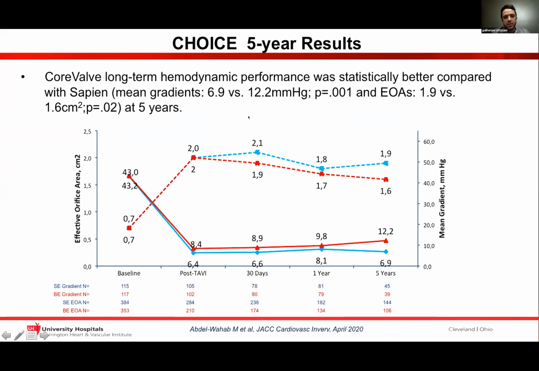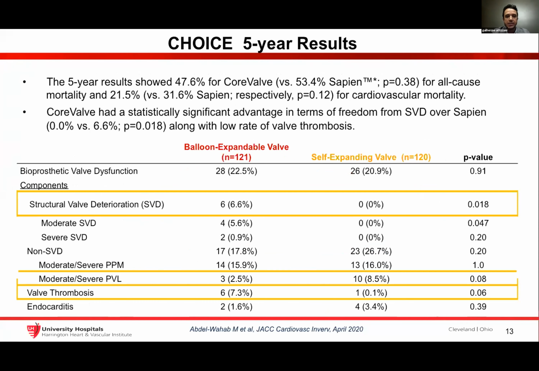Out of 5 years, there was a better hemodynamic performance of Evolut compared with Sapien in terms of gradients and in terms of EOAs. Although this is statistically significant, we have to understand if this is going to be clinically meaningful, right? So that's an important question that we have to ask ourselves, but it's important to pay attention to this data. And when we look at the rates of structural valve deterioration, there were higher rates with the balloon expandable valve compared with self-expandable valve. Again, small number of patients, but at least it is the only randomized data that we have